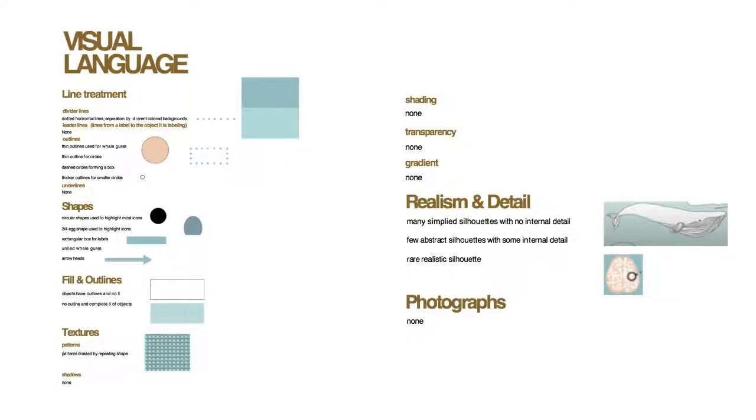Some of the noticeable and key components of what make this infographic are the types of line and shapes it uses. It primarily uses a dotted horizontal line and different colored backgrounds as divider lines. It uses either a filled-in object with no outline or an outline object with no fill. The shapes used are mostly circular and rounded in figure, with a few rectangular boxes used for annotations and labels. There is the use of arrows at the bottom of the infographic, which leads to the indication of a call to action. I emulated my visual model by replicating the use of circular